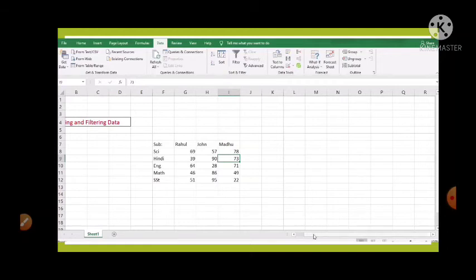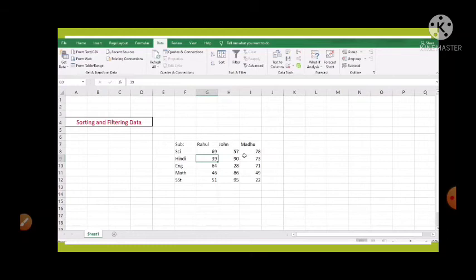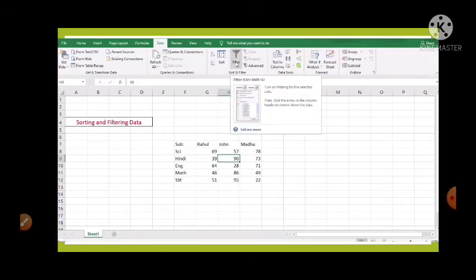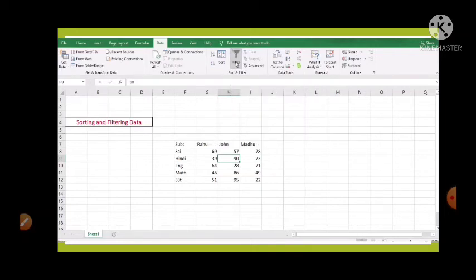Now we will learn the steps for filtering our data. So step number 1 is, at first we have to click a cell in the data which we want to filter. Then we have to select the data tab by clicking on it in the Excel 2016 ribbon. Then click on the filter in the sort and filter group on the data tab. So if you click it, this will cause down arrows to appear against headers or the first row in the selected data. You can see here.